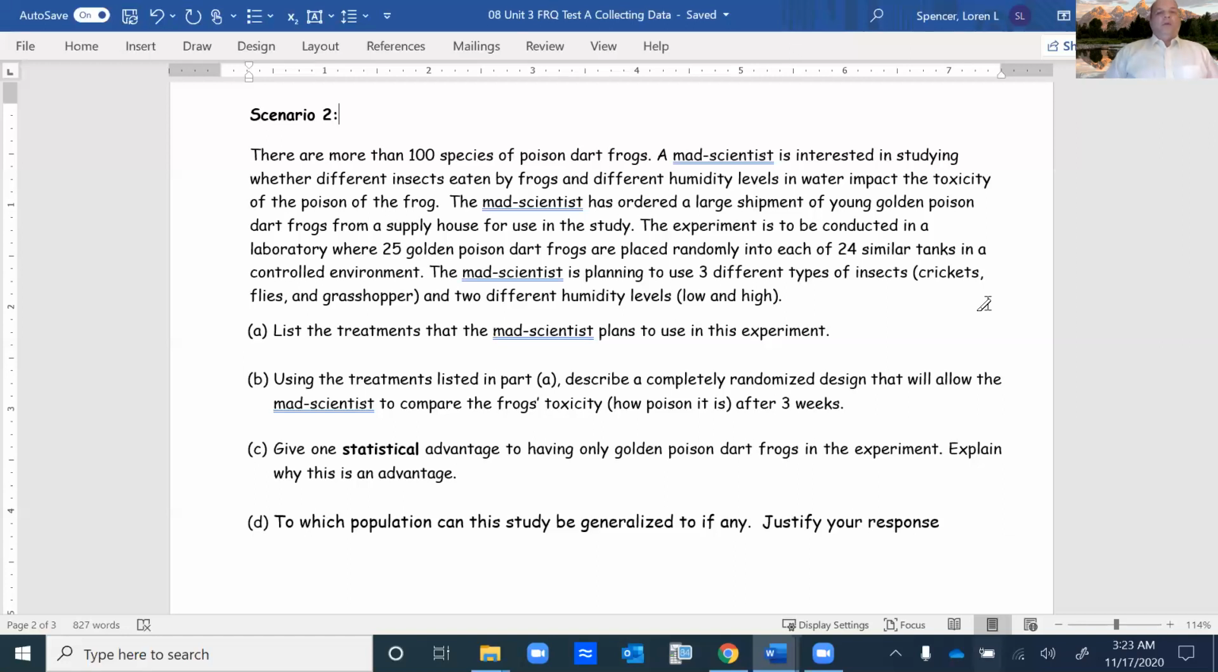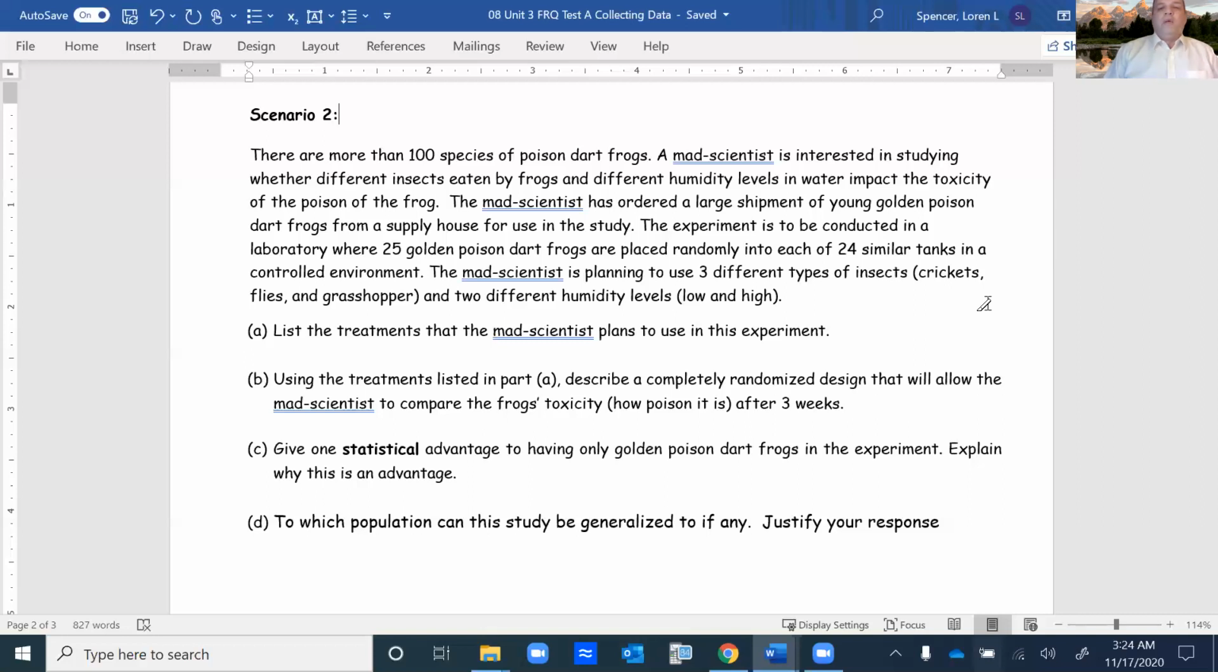So here's what I would do. I would go to tank A, and tank A would be maybe the crickets with low humidity. I've made sure I've numbered all of my frogs from 1 to 600. And then I have little slips of paper that I put into a hat numbered 1 to 600. I'd mix those numbers in a hat and draw without replacement. The first 25 numbers drawn, the frogs associated with that would go into